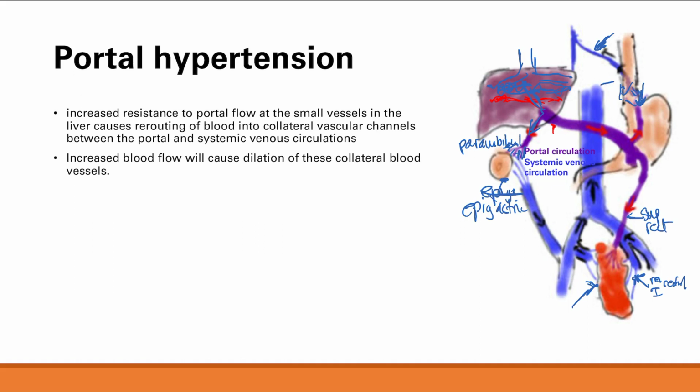Okay, so esophageal varices here from esophageal vein and gastric vein collaterals. Caput medusae, which is from the periumbilical and the epigastric collaterals. And then finally here, hemorrhoids from the superior rectal collateral and then the middle and inferior rectal collaterals.